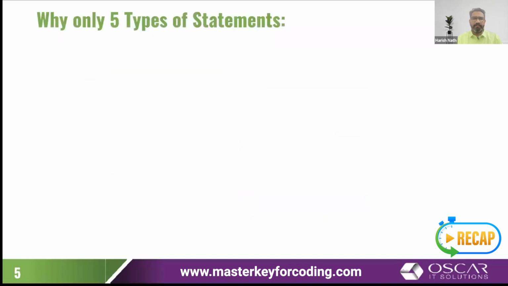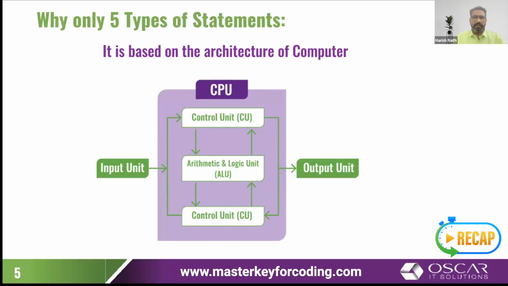And why only 5? We have already discussed. This is based on the architecture of a computer. Any computer has these 5 peripherals. There's no 6th peripheral in your computer. Then when we create instructions, on which hardware is that instruction going to operate? So there are only 5. These 5 statements and these 5 peripherals sync with each other. Instructions get processed on this hardware and we achieve whatever the machine needs to be done. It helps the machine in implementing what our commands are, what our requests are, and the outcome is delivered